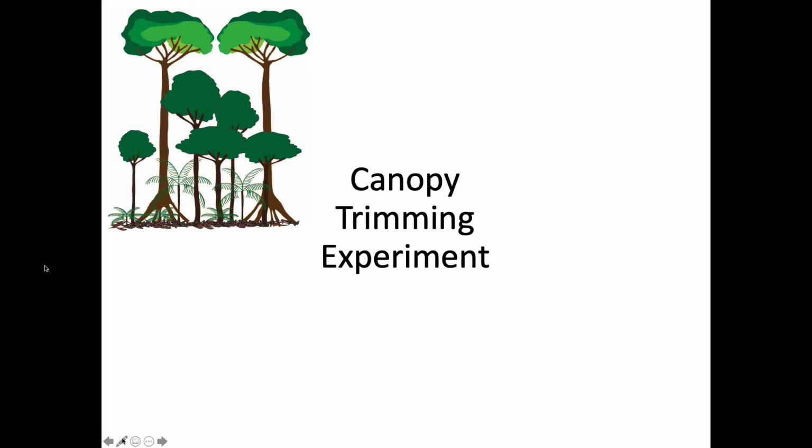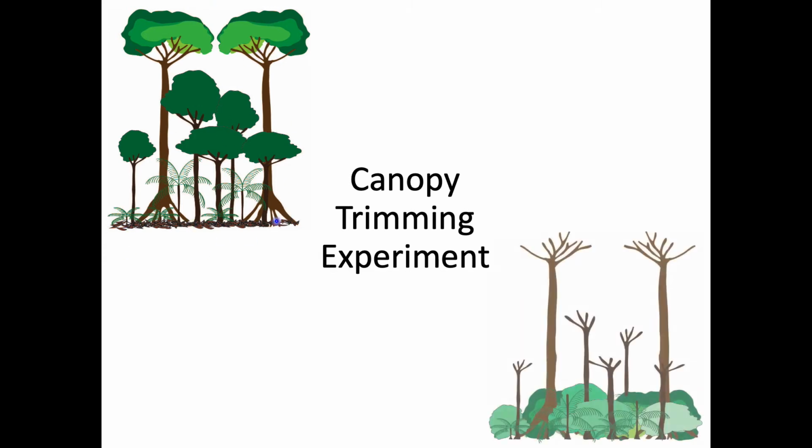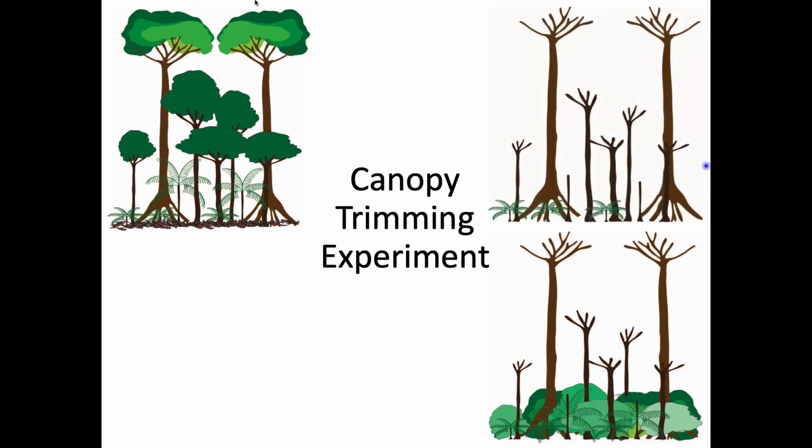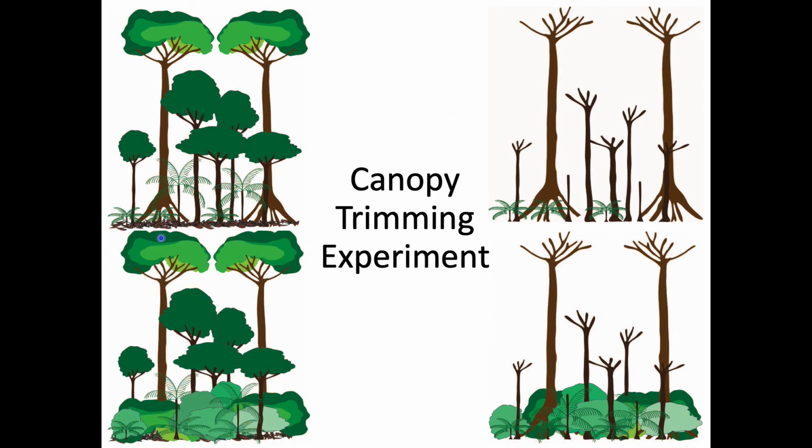we basically had one set of plots that we left alone, full canopy, a healthy litter layer, and then we went to another set of plots and we hired some arborists and they cut the canopy out of the forest and we dropped it straight onto the ground after weighing it. And then in two other plots, we took one plot and cut the canopy out, but rather than dropping it down to the forest floor here, we basically transported it to another set of plots where the canopy was intact and dumped all of that litter there.